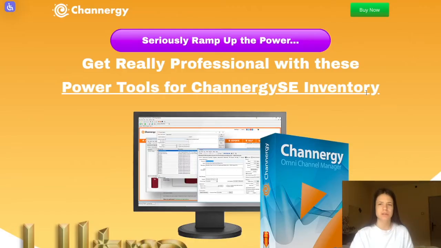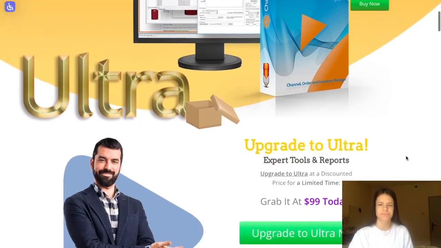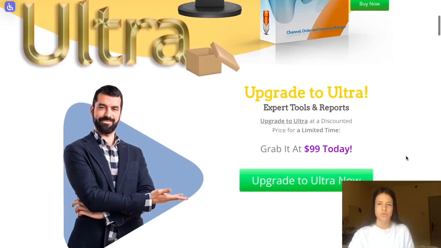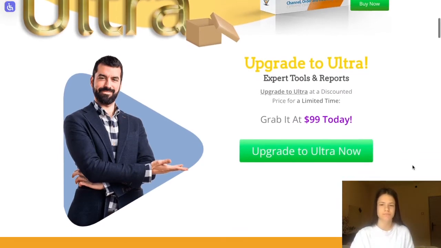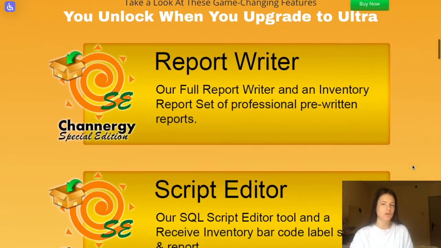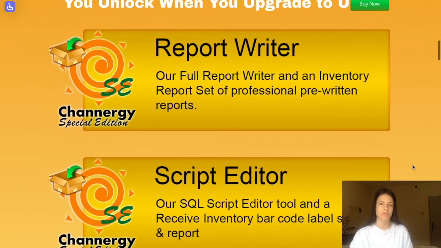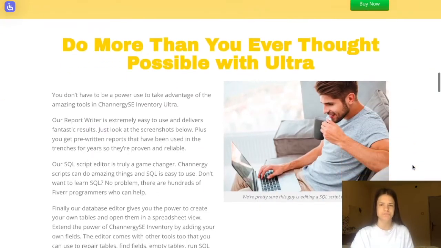This is the sales page for this upsell. Get really professional with these powerful tools for ChannergySE inventory. Upgrade to Ultra. Expert tools and reports. Upgrade to Ultra at a discounted price for limited time. It's $99. Here's what you will unlock with this. You will unlock report writer, script editor, database editor,